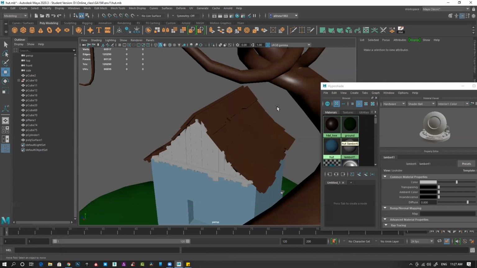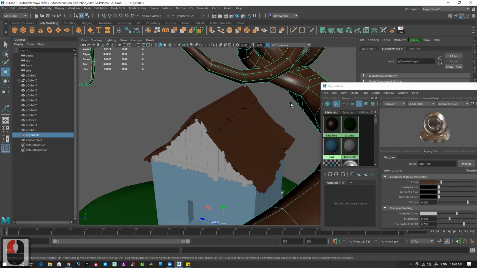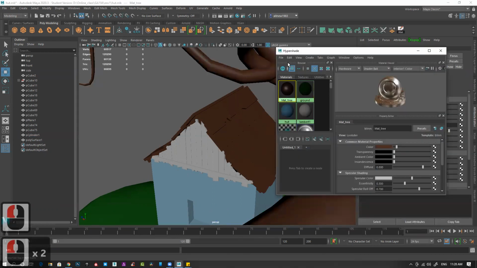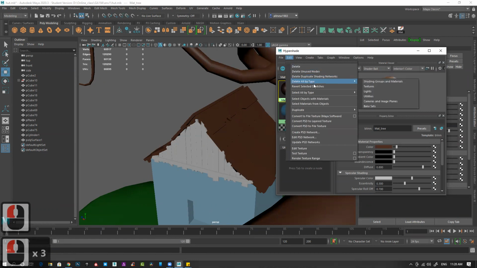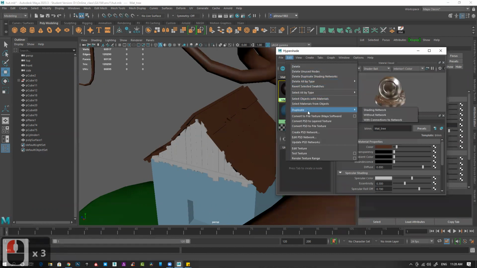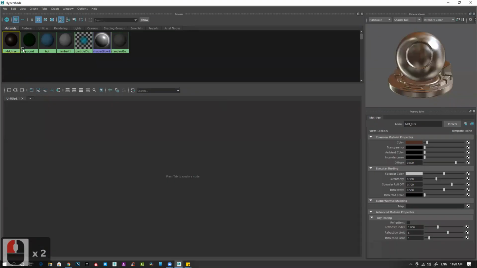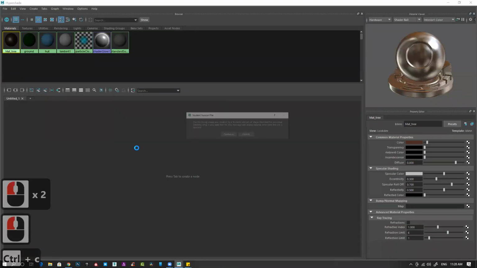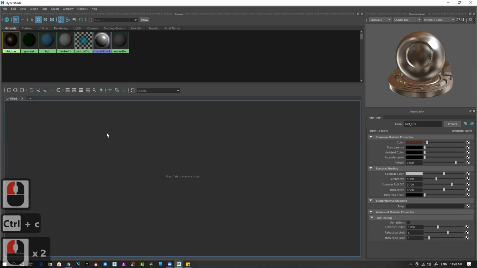But suppose you have modified something here and you want to have the same properties, but you want a different material, right? The property should be the same, but a different material. That is possible. In that case, what I'll do is select this. You can see under Edit, you have the option for duplicate. You can use this, or select this, Control C, Control V.